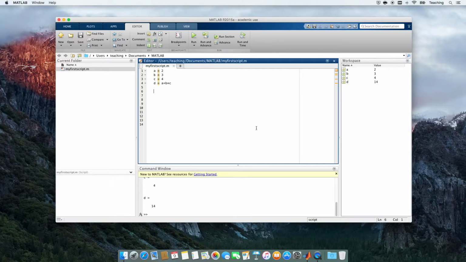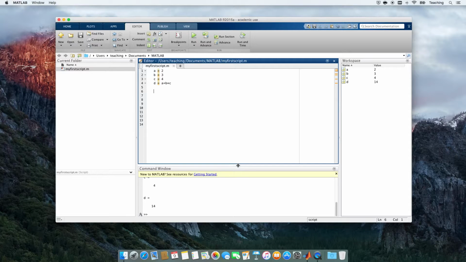And MATLAB, unlike some other computer programming languages, like for example C++ or Fortran, is an interpreted language rather than a compiled language. So when the program is executed, the lines are interpreted and run immediately. And when a script file is run, the commands are executed effectively within the command window, which you might say is the global scope